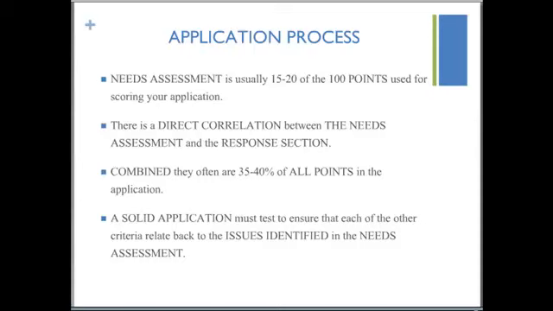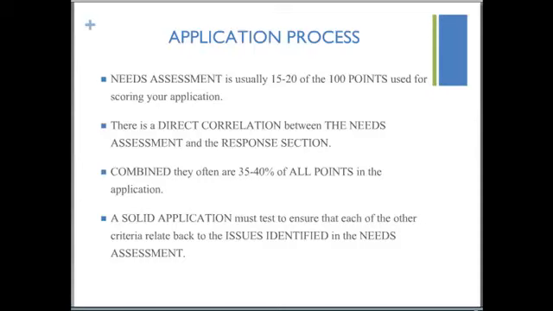When you look at the next section in the guidance, it specifies the response, and HRSA indicates that there's a direct correlation, of course, between the needs assessment and the response to the needs of the target population. It's difficult to look at one without the other, so that essentially you're looking at two parts of the application that are so intertwined that they really represent about 35 to 40% of all the points in the application. So you really need to have a very solid needs assessment in order to respond to that.